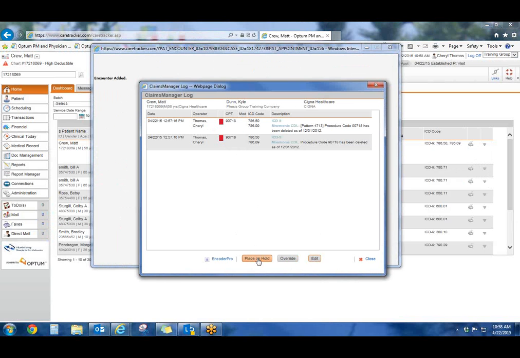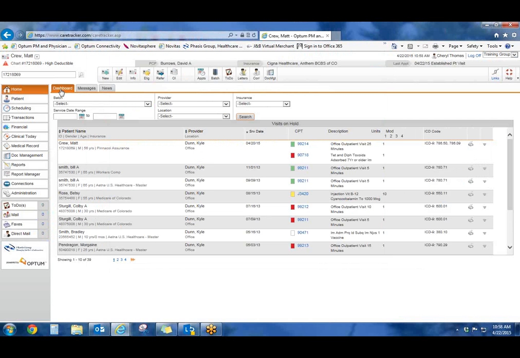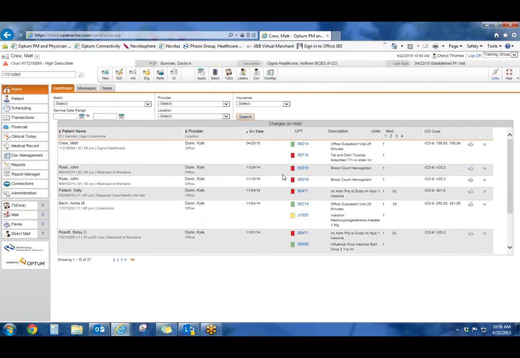But a lot of times the providers might just place it on hold and say, have my biller fix that for me because I don't know what the new code's supposed to be. So we have the same thing as charges on hold. If you're going through and you're working on charges and some kind of question comes up that you might need to go back and get more information